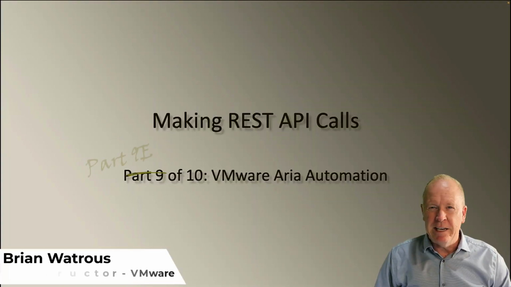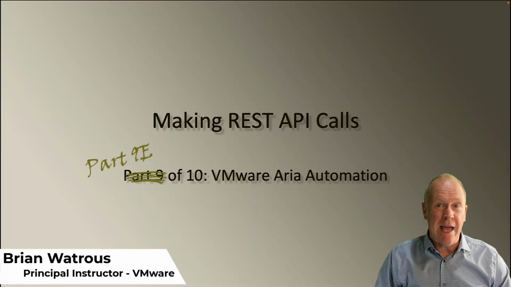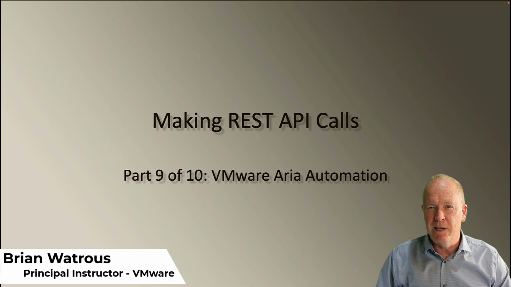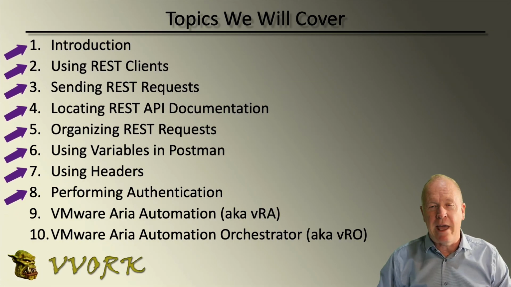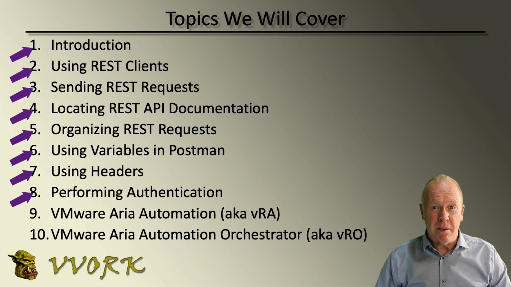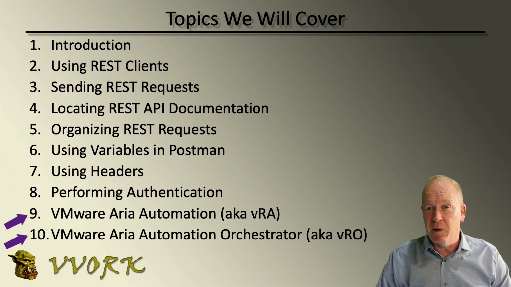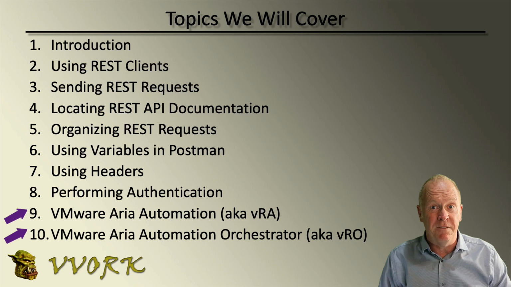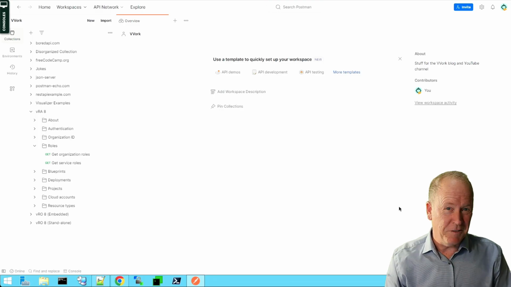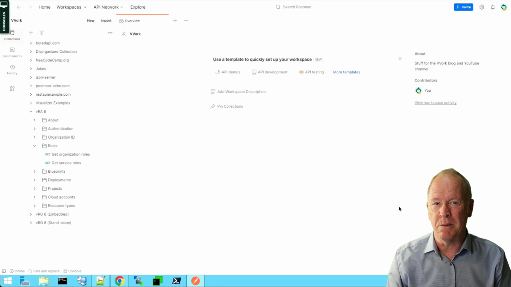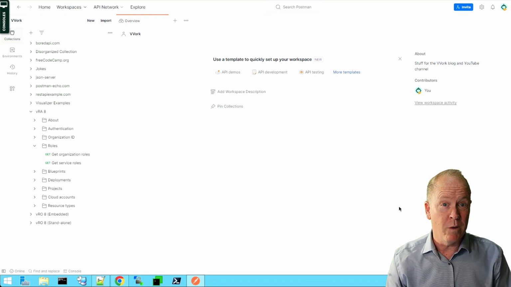This is part 9 in a 10-part video series in which we're exploring how to make REST API calls. In parts 1 through 8, we took a generic look at how to make REST API calls. But now, in parts 9 and onwards, we're going to take a look at specific VMware products. In part 9, we're going to be taking a look at how to make REST API calls to VMware Aria Automation. In this video, we're going to see how to use the REST API to determine what roles have been